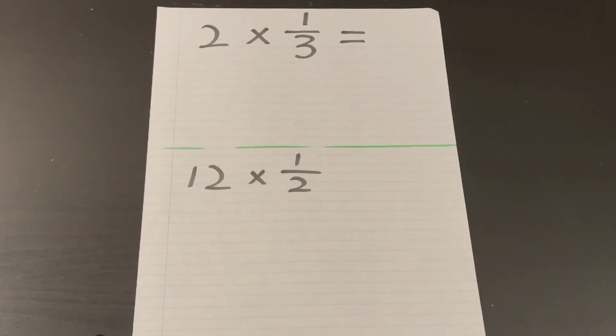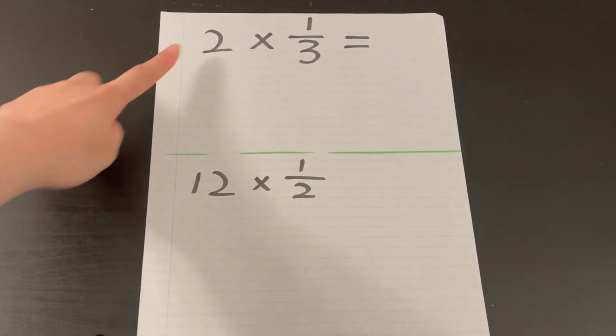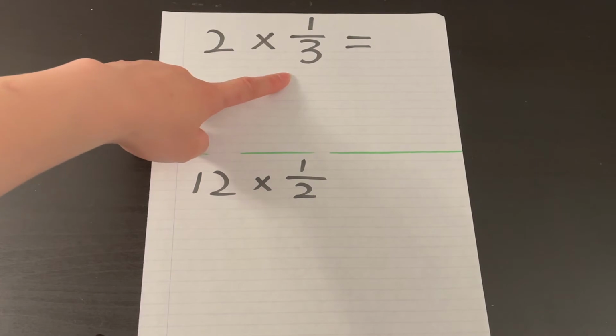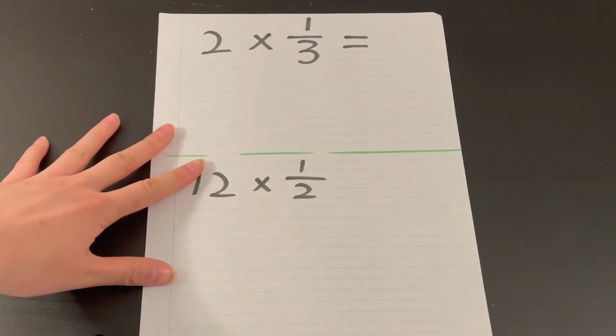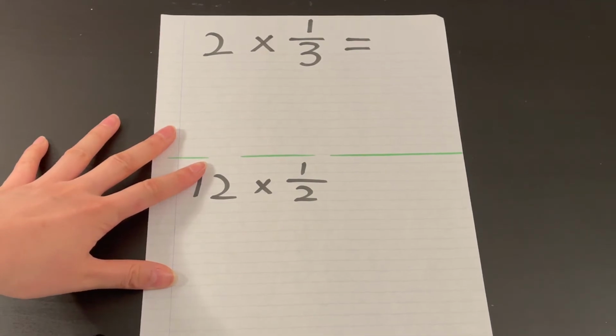Welcome back to multiplying fractions by a whole number. Take it easy, we can do it. Now, let's learn how to multiply a fraction by a whole number. Are you ready? I'm ready. Let's learn from this example. 2 times 1/3. When we multiply a whole number by a fraction, the first thing we need to do is